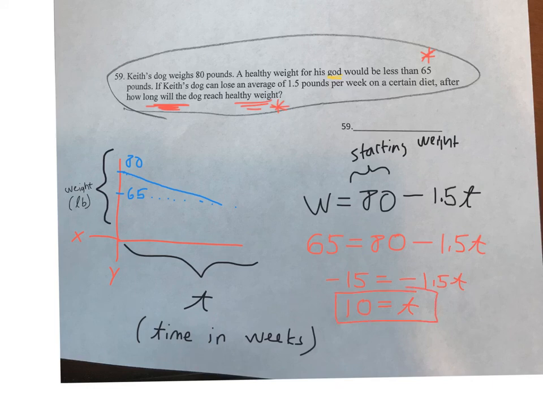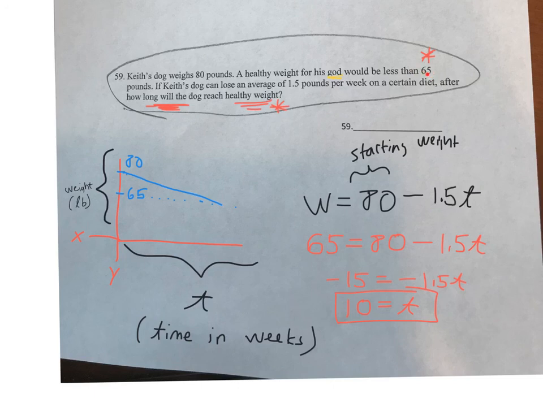Now, your teacher might be a stickler for detail. The bottom line is, we just discovered that it will take 10 weeks for the dog to be exactly 65